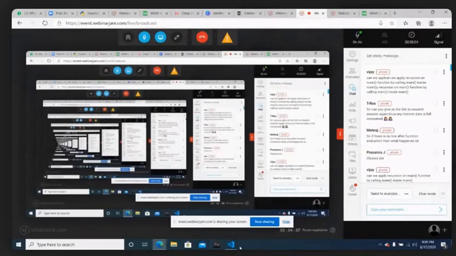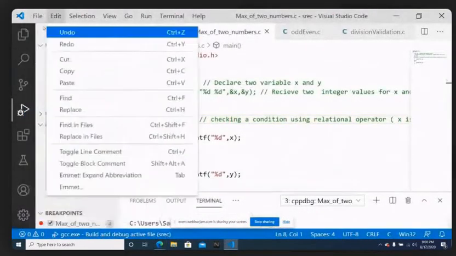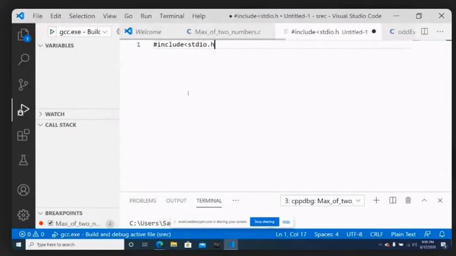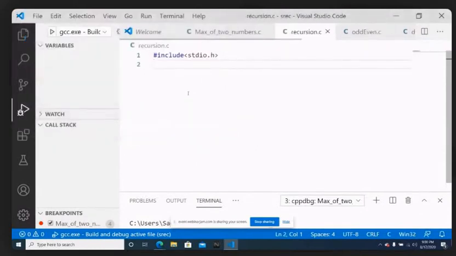Now firstly, what I will do is take the editor, and I will type in the same code that we discussed today. Hash include stdio. Let me type it a little bit faster. I have already taught you that. Just give me some time, I'll type it very fast.